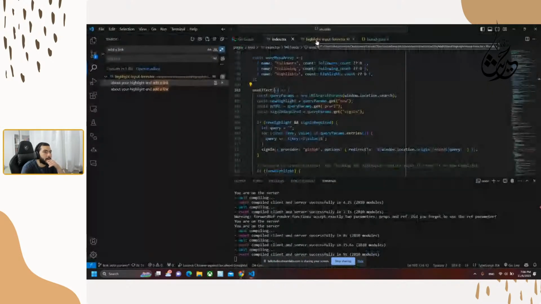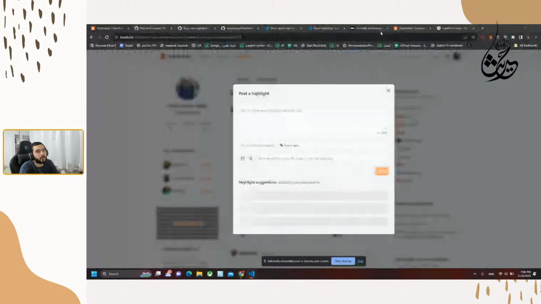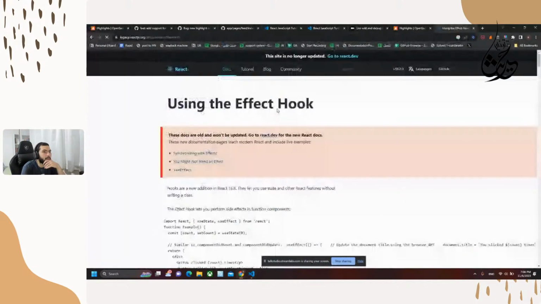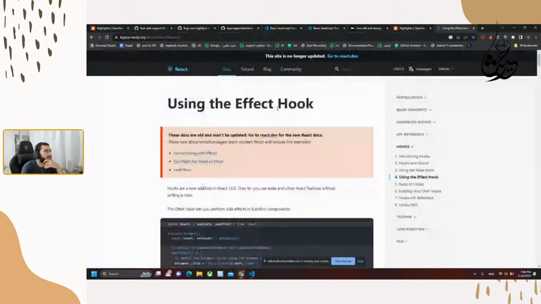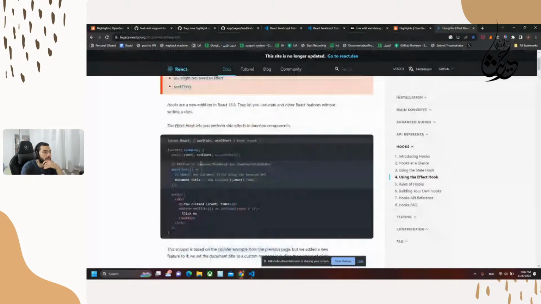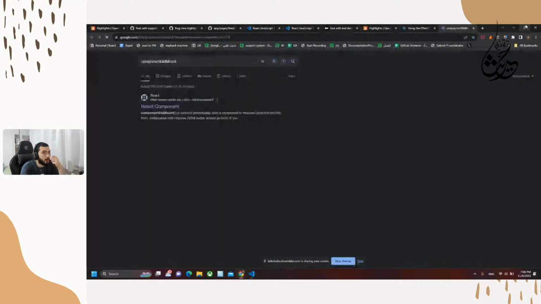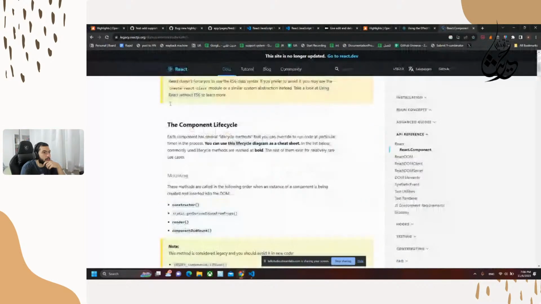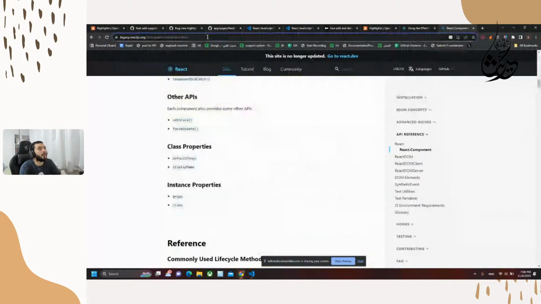So what I was thinking, useEffect React, useEffect React. This is all in the documentation. Yeah, it's component mount, component update. So this will happen as